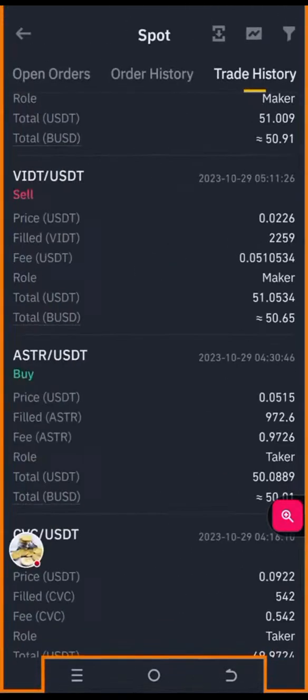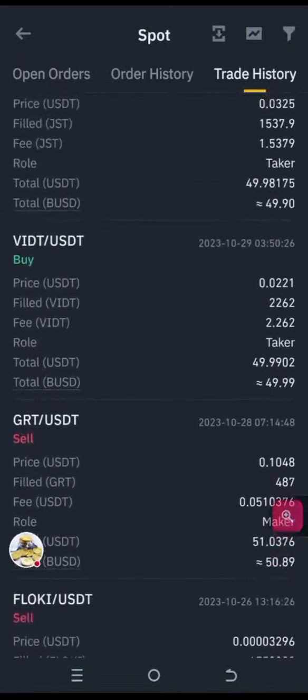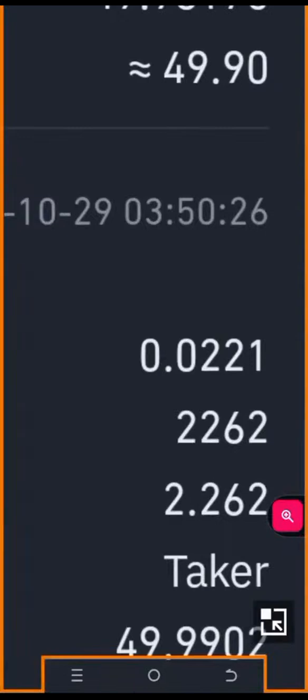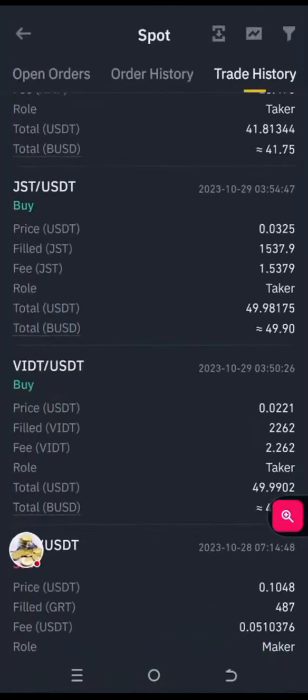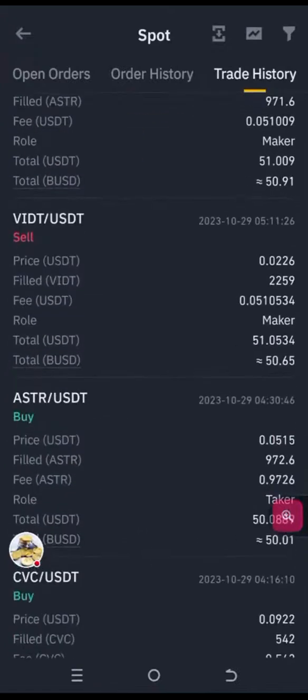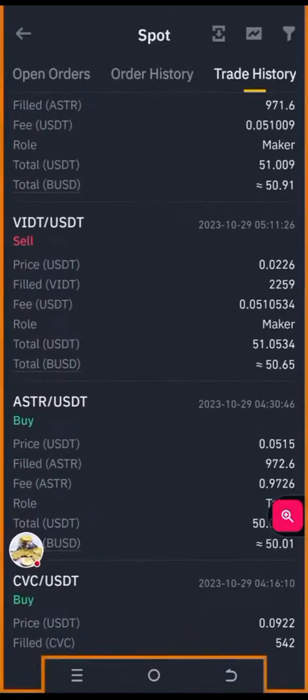Yes, that's how much you put. Let me go and check so that I will show you and be very sure. Look at it here. So we bought it here at 221. That's the price we bought it at. And in terms of its executing, we were able to execute it at 0.0226, and that gave us a profit of